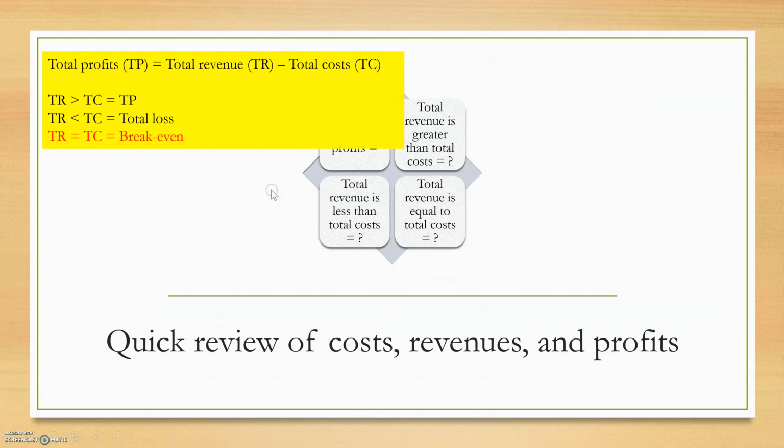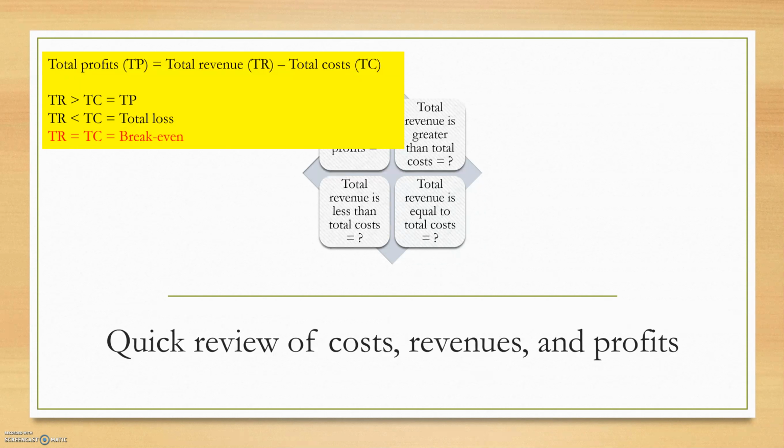So your answer should be total profit. The formula for it is actually total revenue, TR, minus total costs. If you have that, give yourself a big tick. If total revenue is greater than total costs, your answer should be profit or total profit. If that's what you have, a big tick. And if total revenue is less than total costs, you will end up with a loss, total loss. Give yourself another tick. Finally, which brings us to what we're going to be talking about